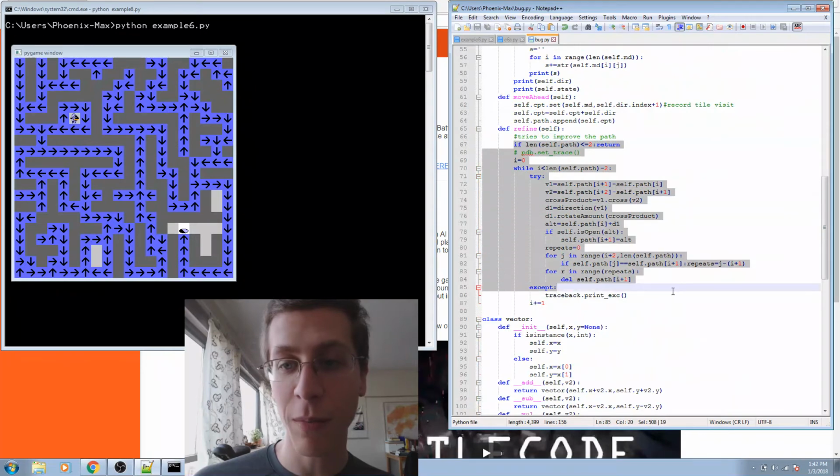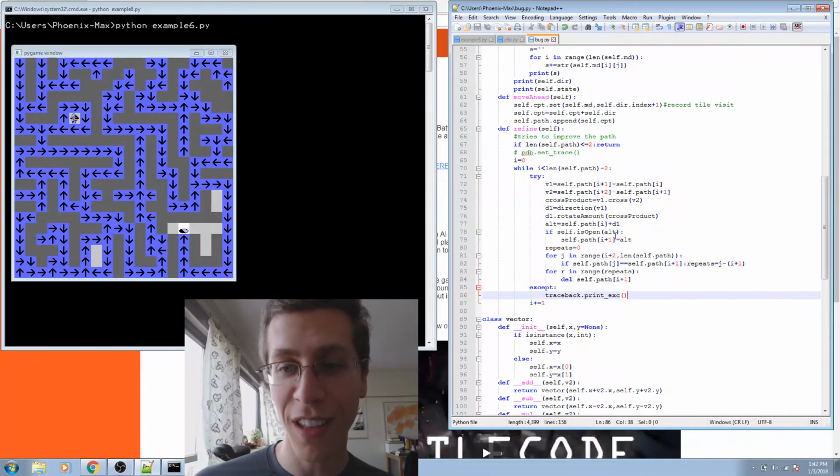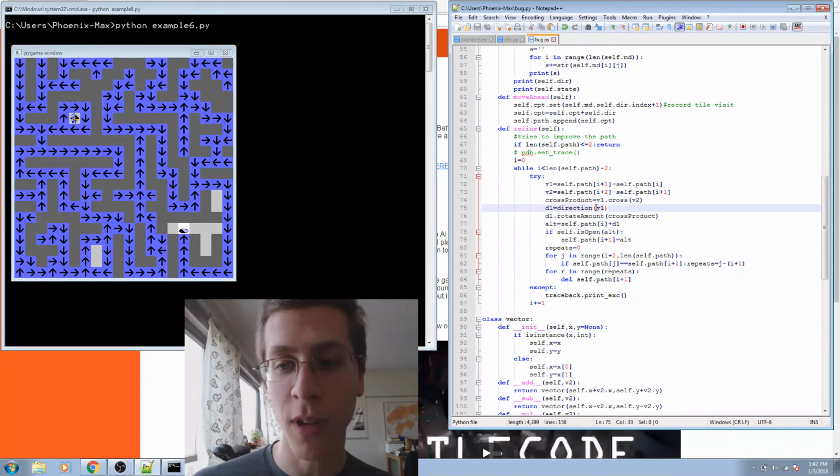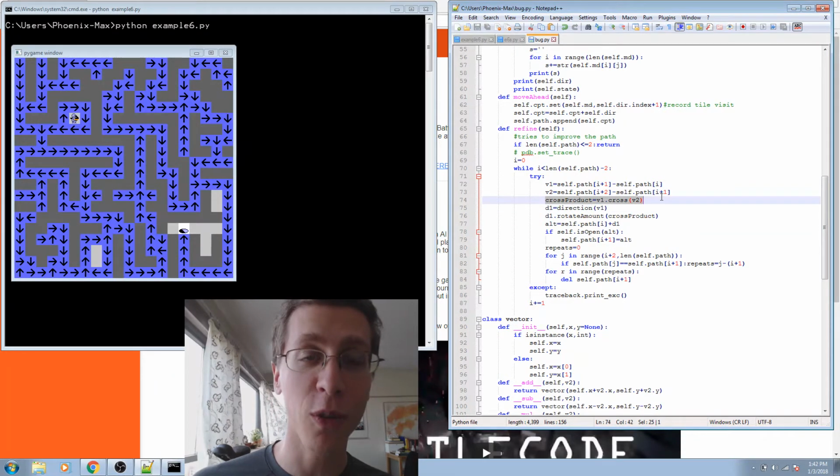Then there's this refinement section, and look how simple it is. There's nothing to it. It goes through the path, and in this section it attempts to make a turn earlier, so make a left turn before you need to, or make a right turn before you need to, and it determines if a left turn or a right turn is present by taking the cross product of two vectors, because